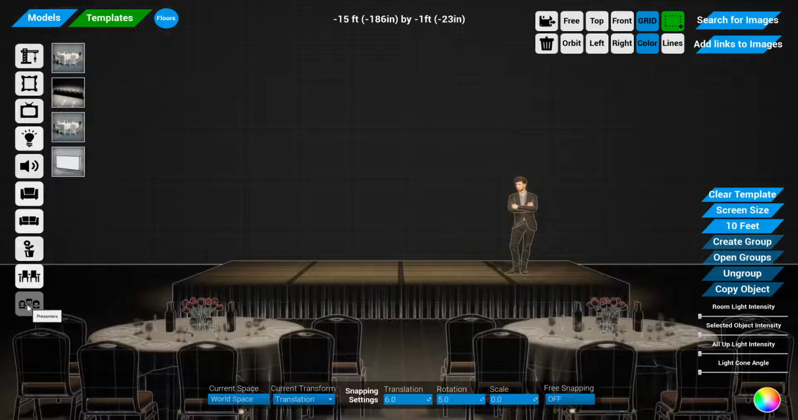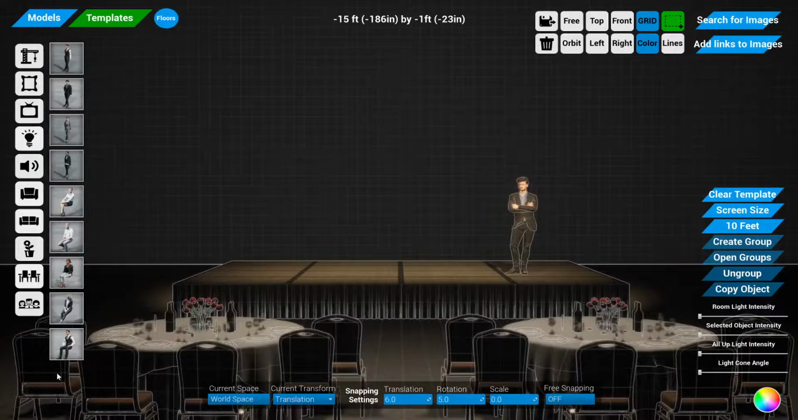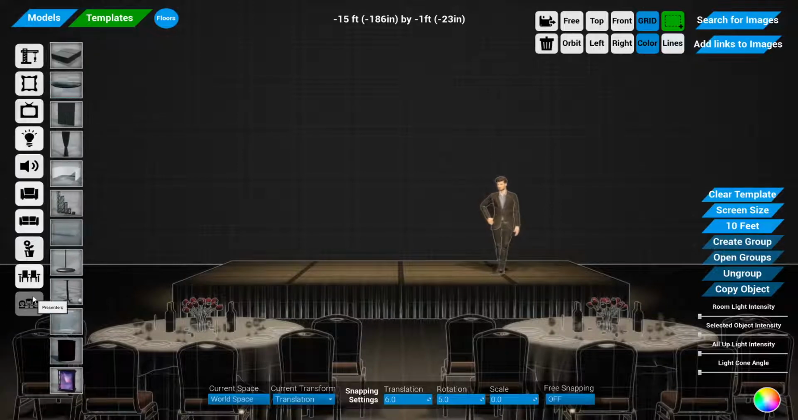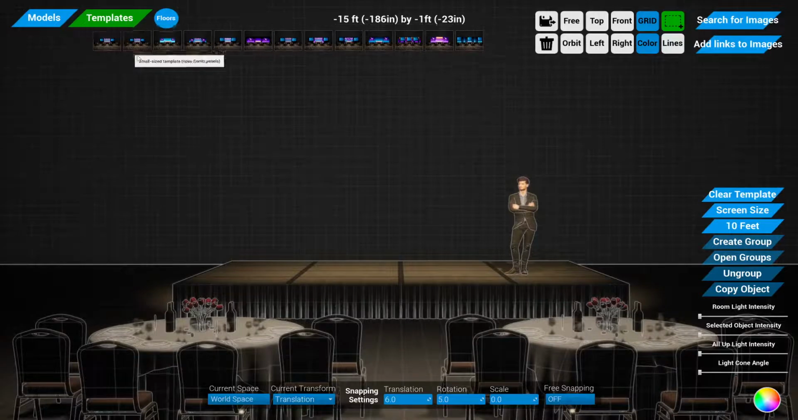seating and tables for the audience, and then a bunch of presenters. This is, again, just for now. We have definitely enough to get you started to create some decent looking renderings, but we are constantly adding to this as well. So, all right, the next thing up here is the templates, which is kind of the